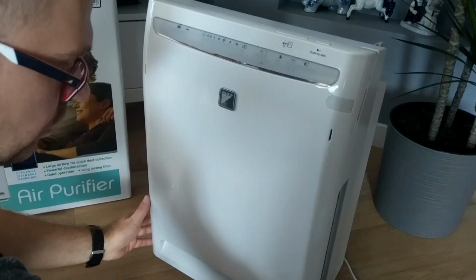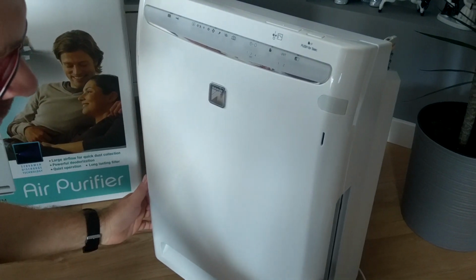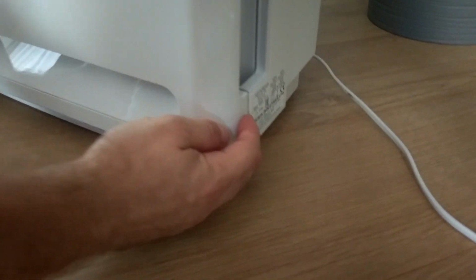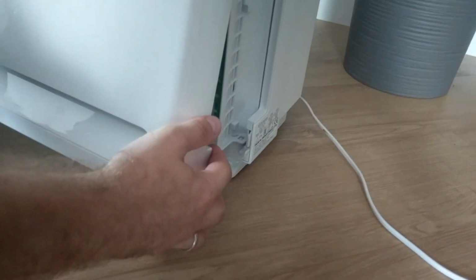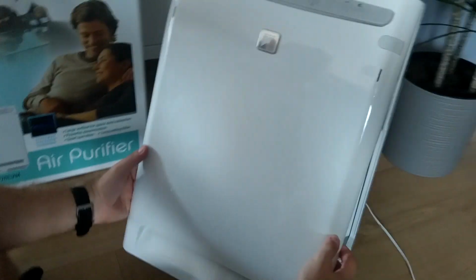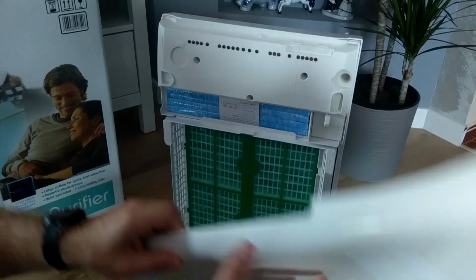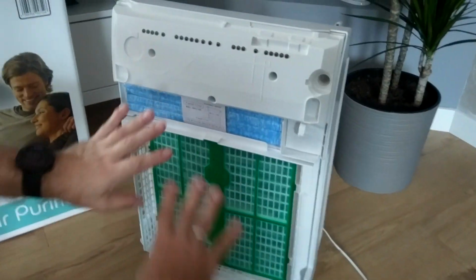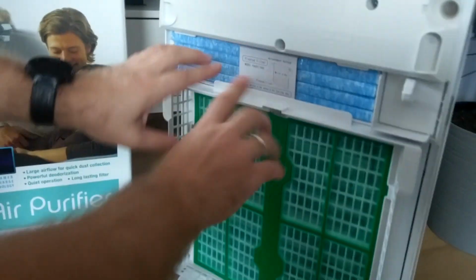So basically you hold it here, and these are the buttons. You press the button on both sides, move like this, and take the front cover. So this is the front cover of the air purifier. Inside you get the